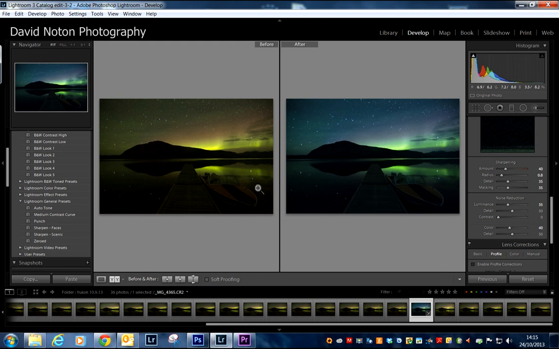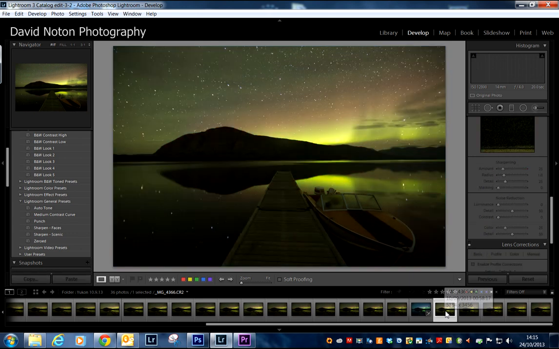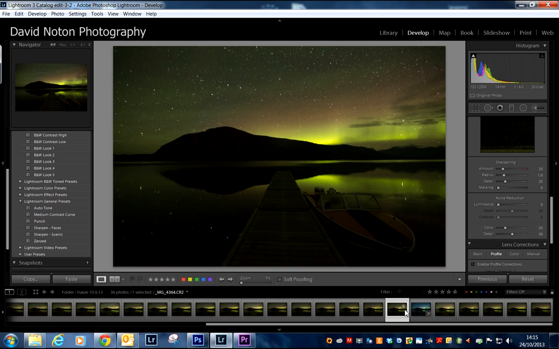You can see the big difference is the color balance, but also boosting a little bit of the levels, and the noise reduction as well. It's just cleaned up the image quite nicely. Okay, so what I'm going to do now is move to address the other frame, which is a slightly brighter one, this one. And when you're doing this sort of post-production, what's really handy is